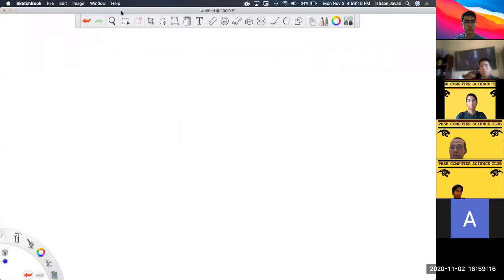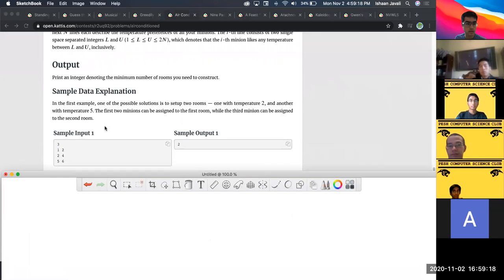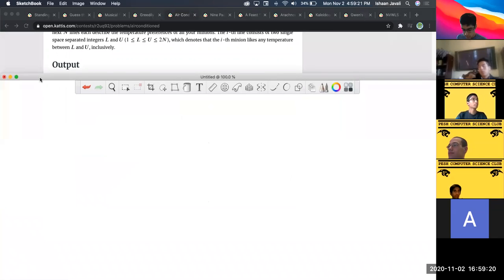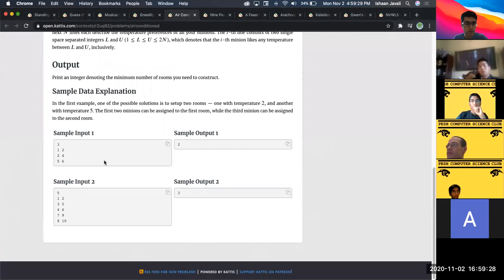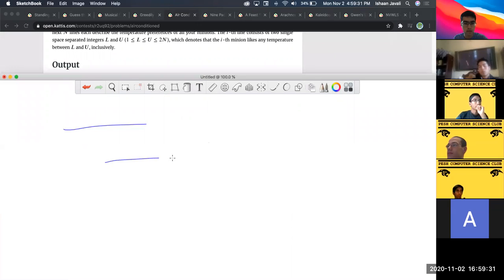So if we draw this out, we have the first minion's optimal room temperature from 1 to 2. We have the second guy from 2 to 4. And then we have the third person from 5 to 6. So you can see that the optimal number of rooms is the minimum number of lines you need to intersect these